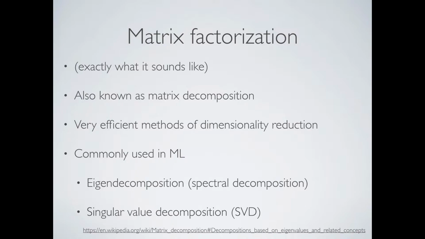Matrix factorization might sound like a scary term for somebody who's not from math, but it's actually exactly what it sounds like. When you have factors, you can multiply them together and get something. That's what matrix factorization does: you take a matrix and split it up into other matrices that can reconstruct the original one. What's really awesome about this, and I do want to learn about the math, is that it's just straight math, and it has real effects on the real world and stuff we can do with data, which is fascinating. People for years have been coming up with all these theories in academia, and now we're seeing big effects in the real world. And they're super efficient because it's just matrix multiplication.